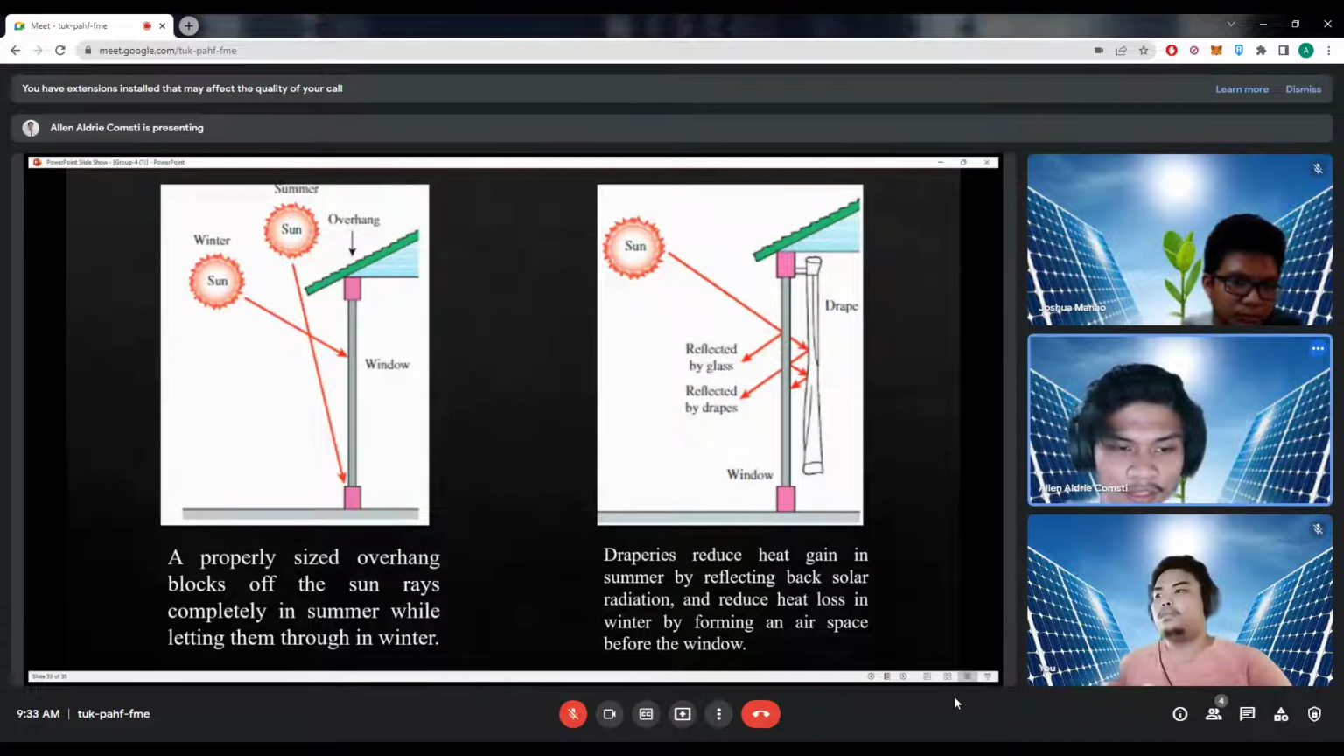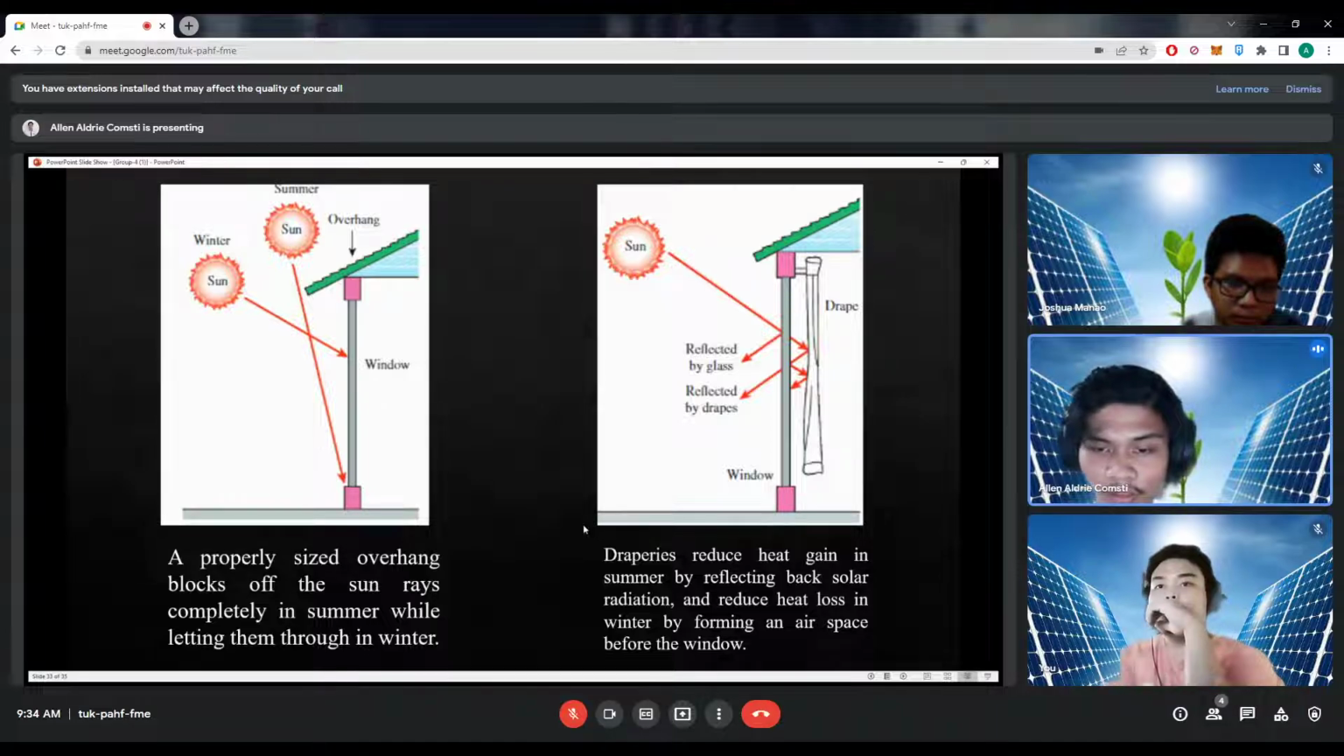On the left side, a properly sized overhang blocks off the sun rays completely in summer while letting them in through winter. The sun is high in the horizon in summer and low in winter. A properly sized roof overhang or a horizontal projection blocks off the sun rays completely in summer, while letting in most of them in the winter. Such shading structures can reduce the solar heat gain on the south, southeast, and southwest windows in the northern hemisphere